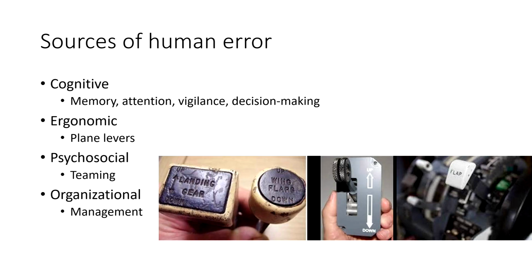Then we have even some more realistic ones, right, where the landing gear lever is a landing gear or the flap lever is a flap. And what that helped people was they could start to associate that these levers are different. One's a square, one's a circle. So that helps reinforce which one is which, especially where they can't see it. They can't see any labels. And lo and behold, people stopped wrecking their planes.